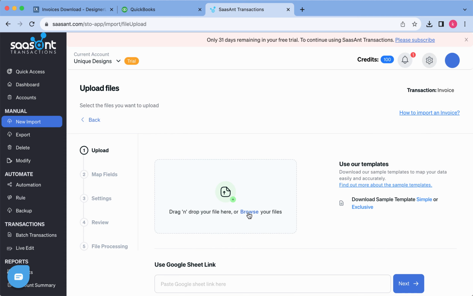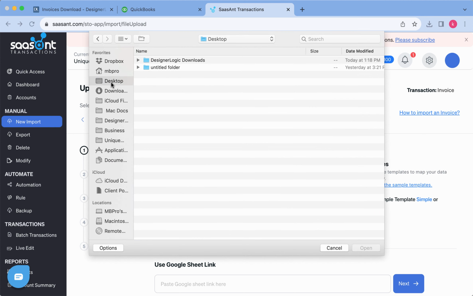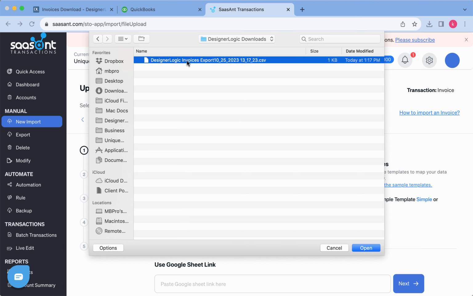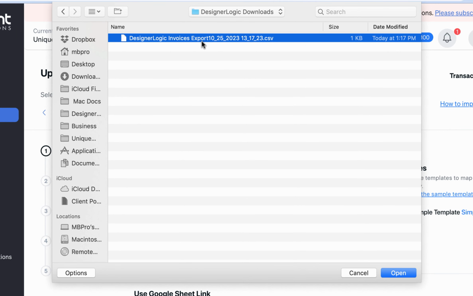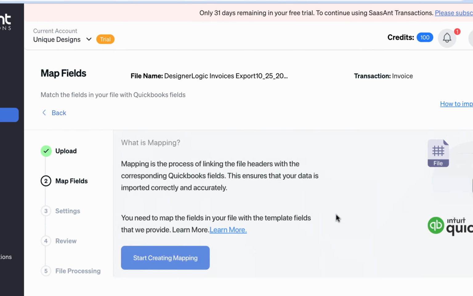And on this page, we want to browse to the download file that we downloaded from DesignerLogic. And here we have a folder we keep the downloads in. You can keep one for each project if you need to, or just multiple projects in the same folder. But we have this file right here. What's good about doing it this way is you'll always have a log of the imports into QuickBooks, so you can always tell exactly what went into QuickBooks when, which will really help keep confusion down, especially at tax time. So anyway, we choose this particular export file, click open, and that's going to get it ready to go,